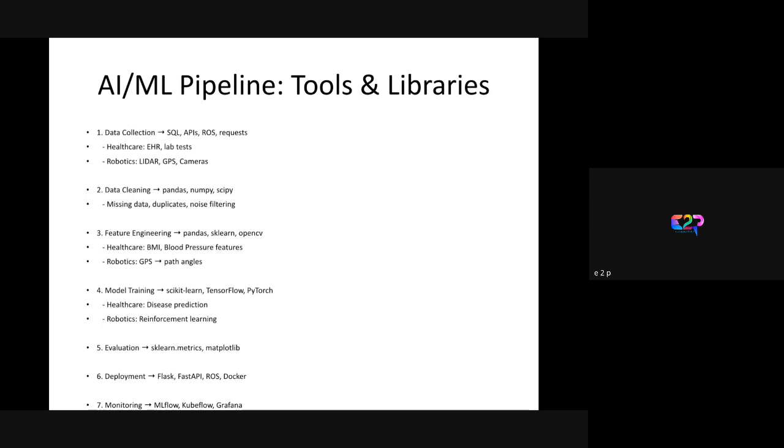Then the sixth one is deployment. For learning deployment, you have to learn Flask, FastAPI, ROS, or Docker, Kubernetes, or AWS services. You should learn basic deployment services, and Flask is the framework, right? And FastAPI is also a library and framework with which we can implement APIs. And the Robot Operating System and Docker, all these are basic things you have to learn